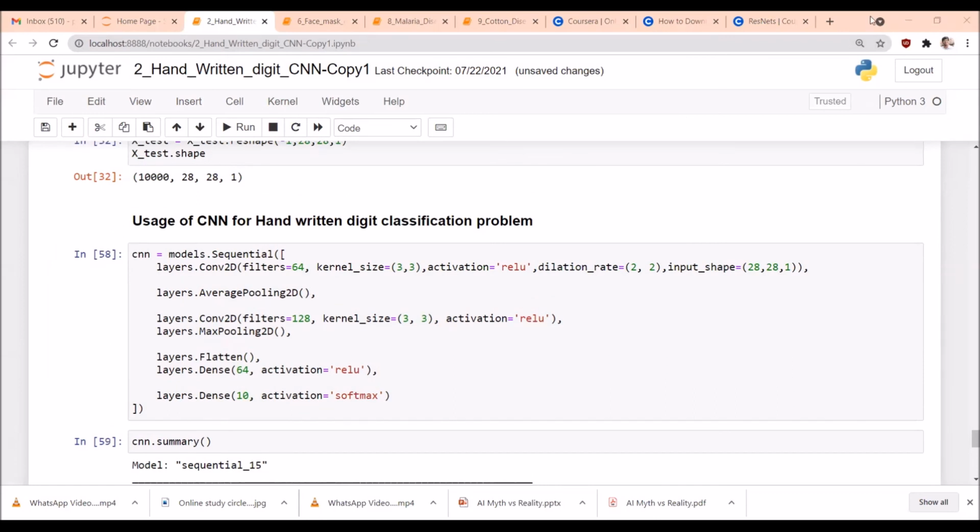The same is applicable for max pooling. You can observe here in max pooling also we have not mentioned any value, which means it will consider a 2 by 2 filter. So whenever we do not mention any value in the AveragePooling2D layer or MaxPooling2D layer of Keras, by default it will consider a 2 by 2 filter, a 2 by 2 stride, no padding or valid padding, and data format none. This is how we apply the pooling operation using Keras.